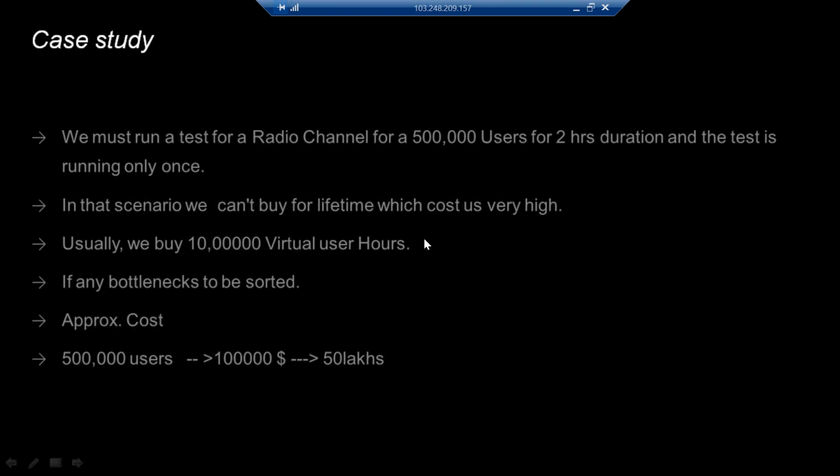Usually we rent the virtual users, taking 10 lakh virtual user hours. To be on the safe side, we take 10 lakhs because there may be bottlenecks to sort out once you have run 5 lakh users for 2 hours, where you could see the users ramping down and certain bottlenecks appearing.